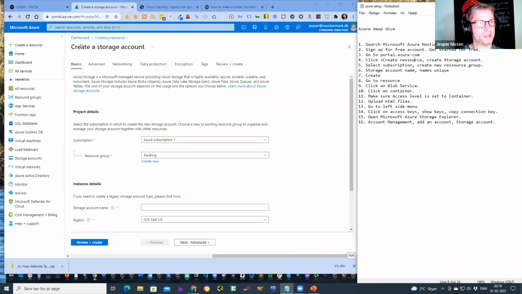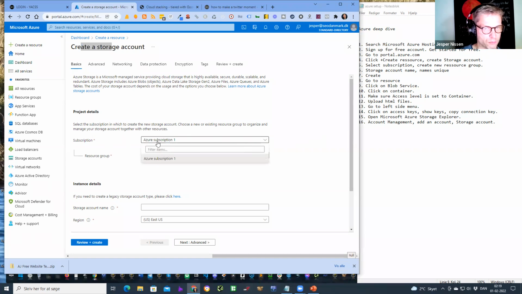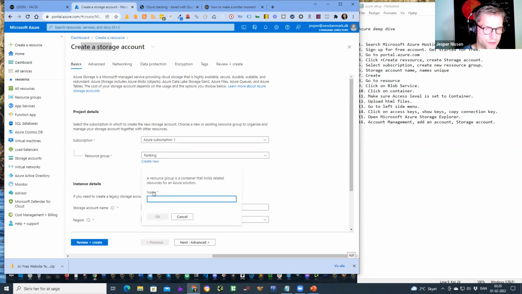So we are creating a storage account. And of course, I already have the subscription. So this is just the name of my active subscription. And the resource group, when you're creating your first storage account, this will be empty. But I already created a resource group, but I can just show you how it looks. I will name my resource group